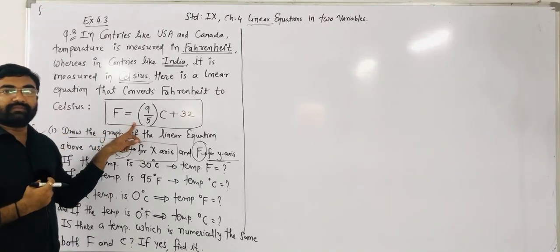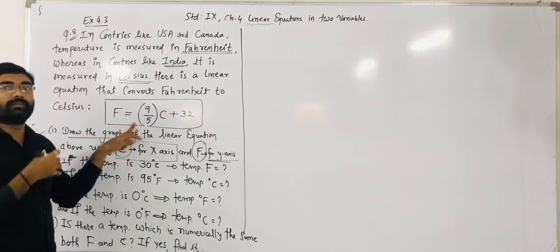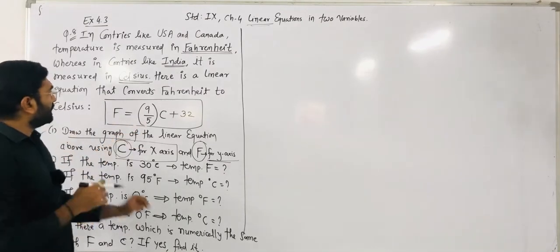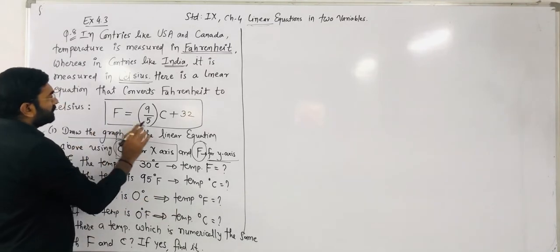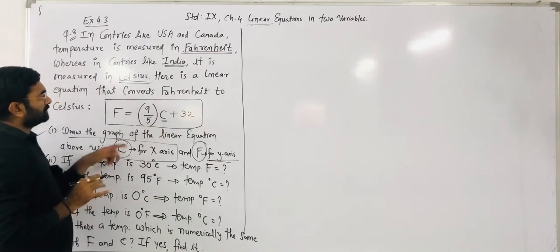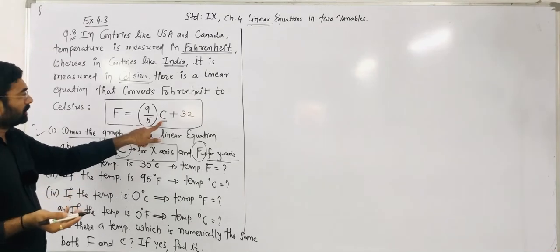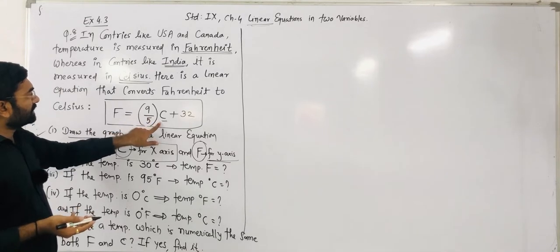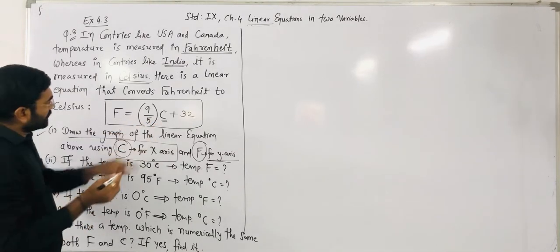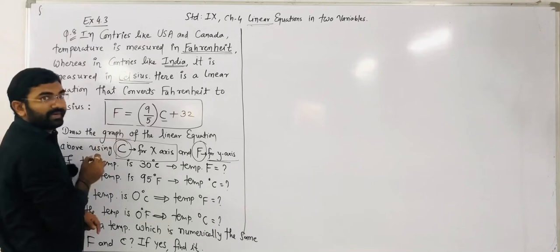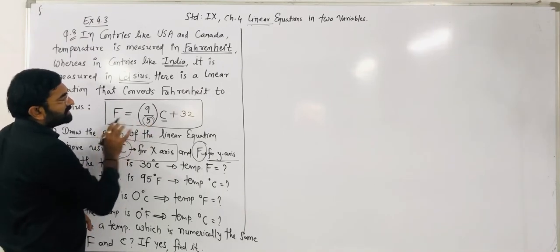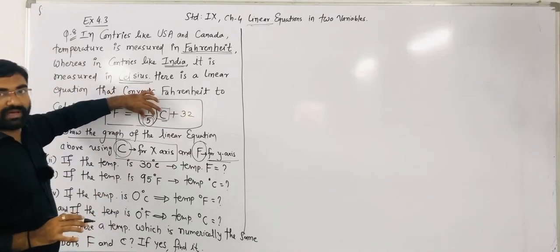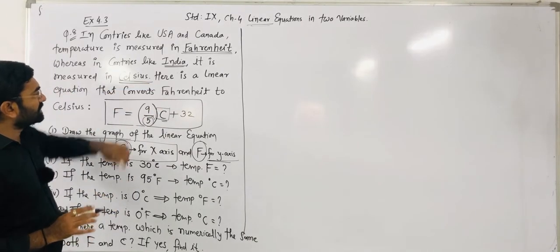First of all we have to define the points, or you can say we have to make the table. For defining the table, I have to take different Celsius values and find out what our Fahrenheit value is. Suppose I take different values, which values can we take? See, Celsius is multiplied with 9 by 5, so in the denominator there is a 5. So we have to take Celsius values which are divisible by 5.